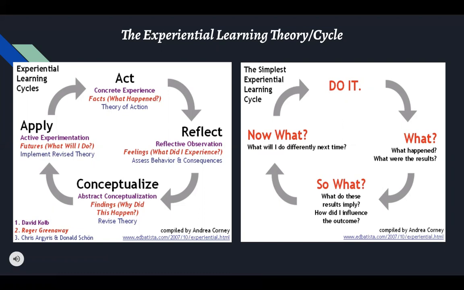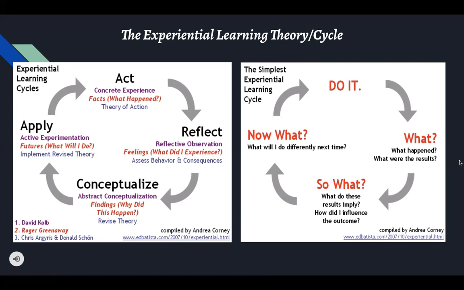So it's the facts. It's what happened, okay? You're taking action, all right? So it's a better way to think of it. The next one, if we were to go to the right, clockwise, we're going to look at reflect, which is just the next part of the cycle, which is the reflective observation part, okay? So those are the connected feelings, what did I observe? What did I experience during this? Just being able to reflect.